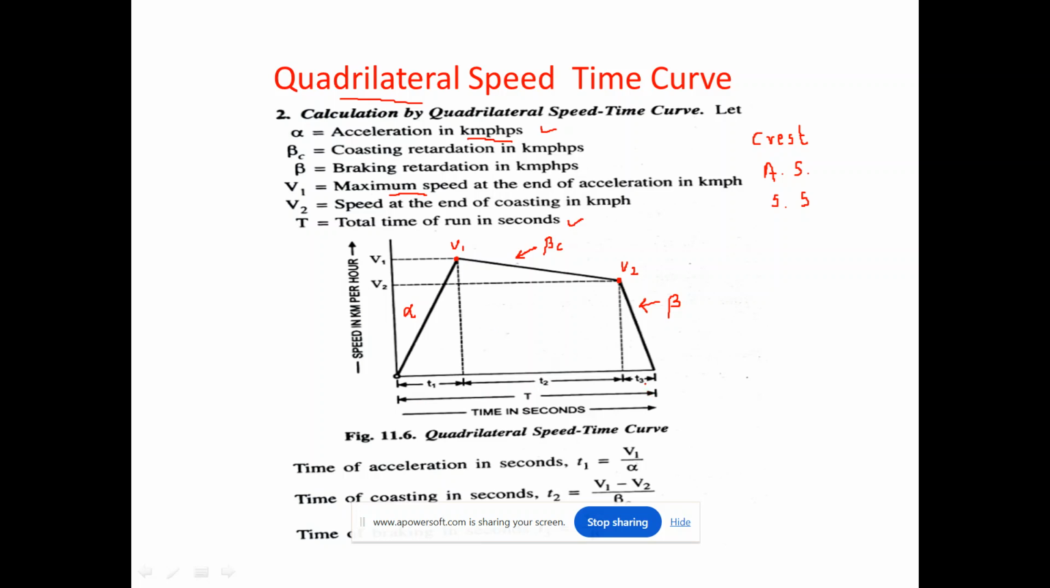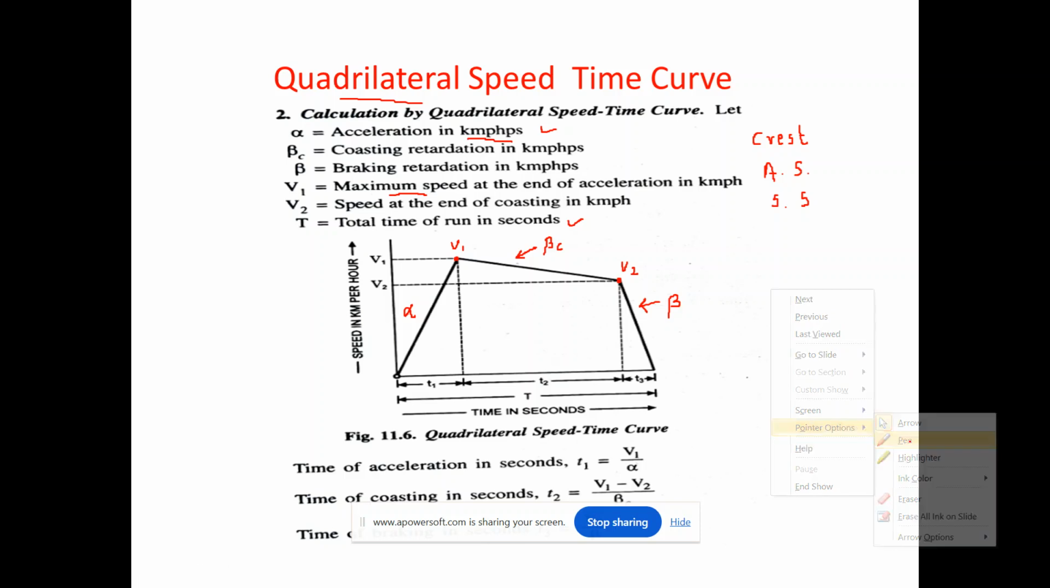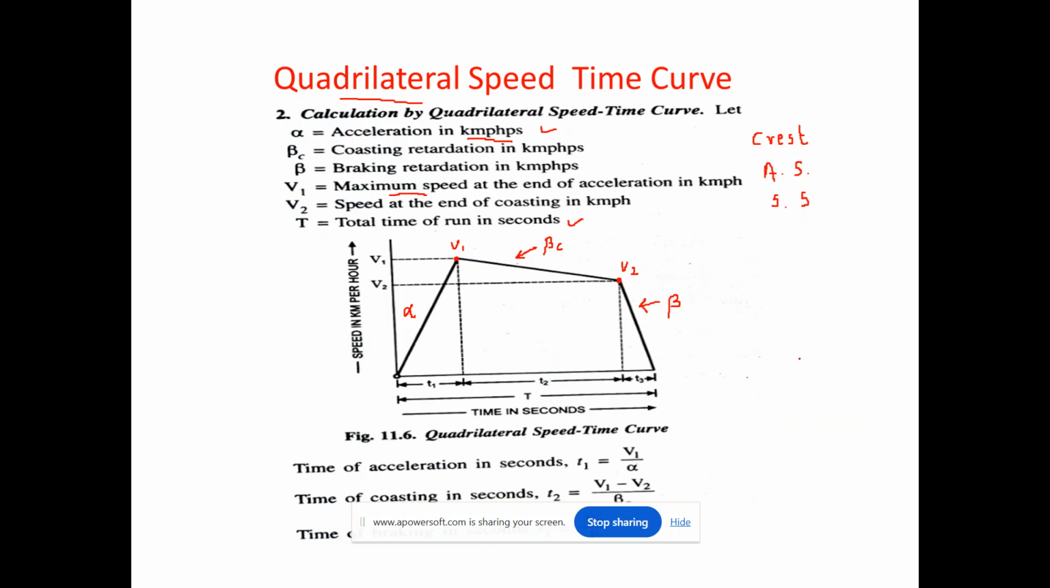From these six parameters, we have to calculate these three parameters. So let us derive the equations. Here the first equation is the time of acceleration. So let us first find the time of acceleration. What is the time taken in the acceleration phase for the vehicle to move from zero speed and attain